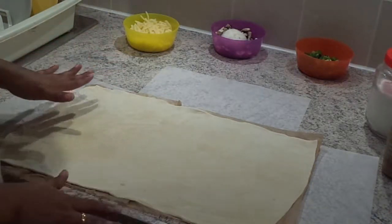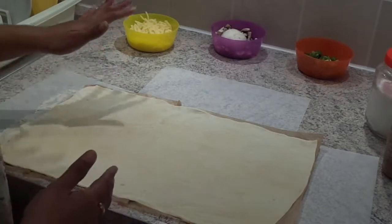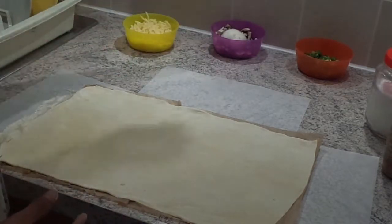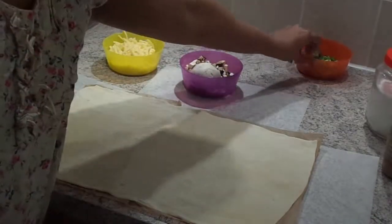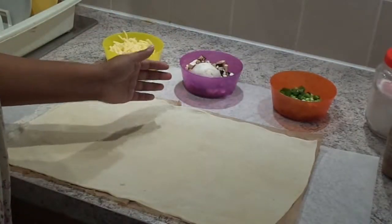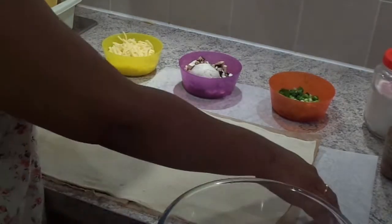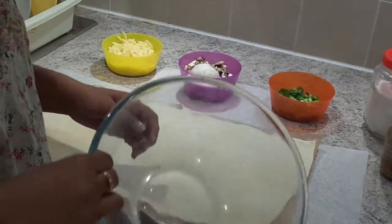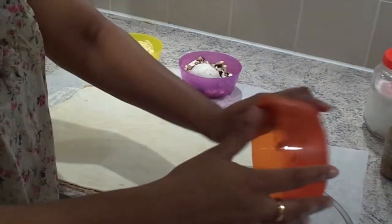Now to make the spread, what I would do is mix up the cheese, mushrooms, and the spring onions in a bowl and spread it. It's as easy as that. So, keeping this aside, I'm going to take a bowl and in that I'm going to add my spring onions, the whole of that,